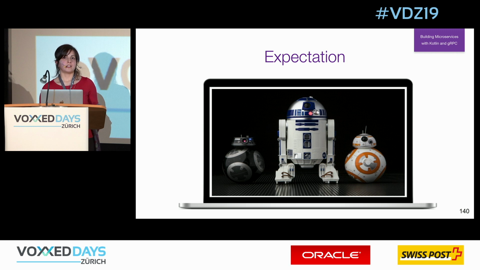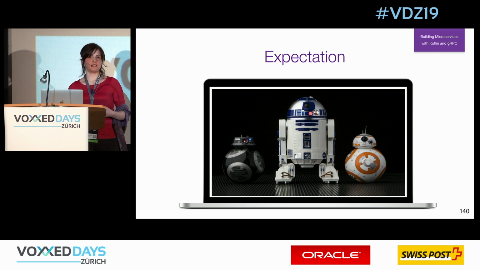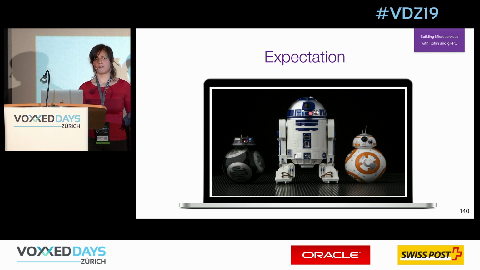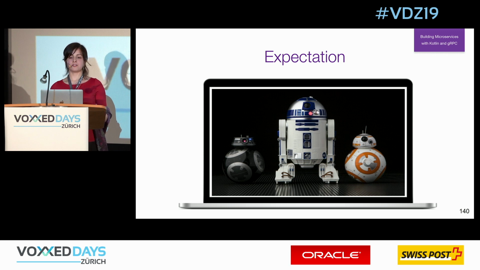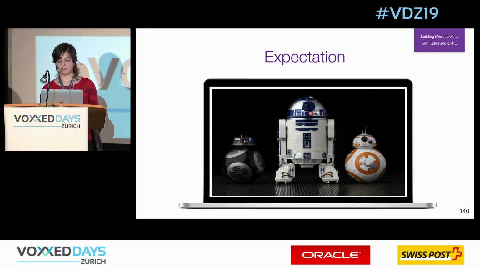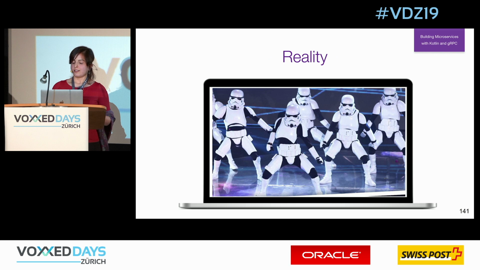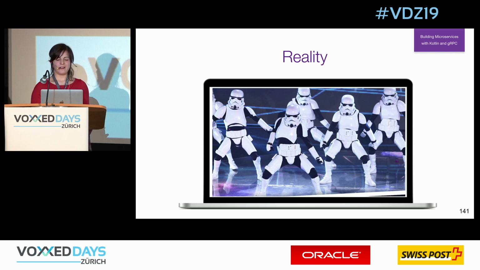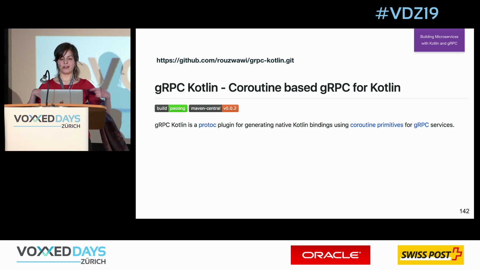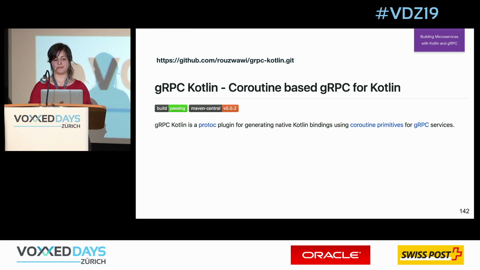When I thought about gRPC, which is asynchronous by default, and Kotlin, where we have coroutines, I thought that we'd have these cool robots. Robots that can save your life in all situations, can save the world, and be your friends. In reality, we had this one, which is not really released, and a little bit buggy. But let's talk a little bit more specifically.